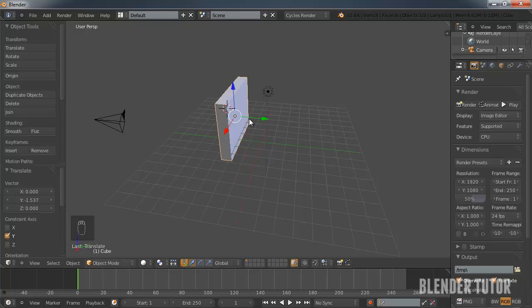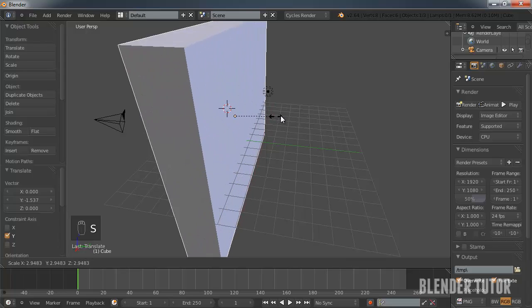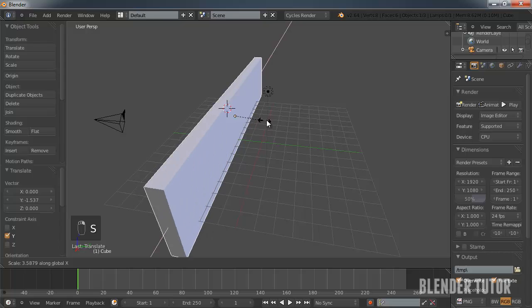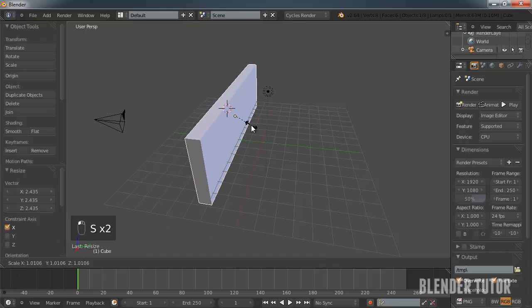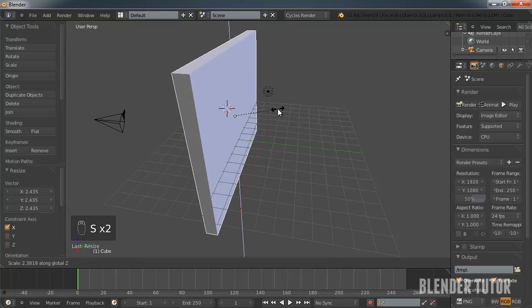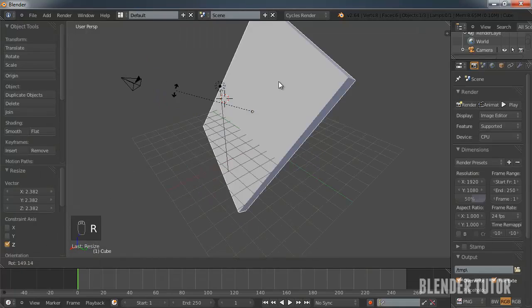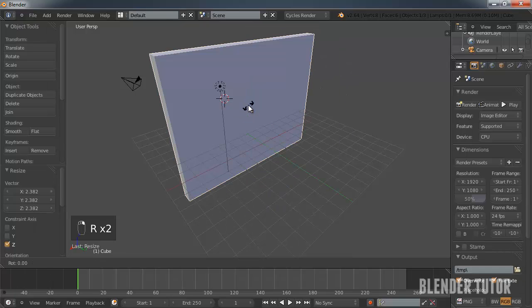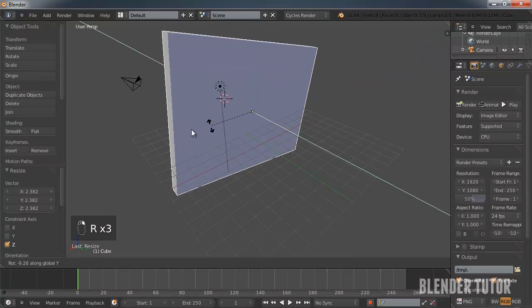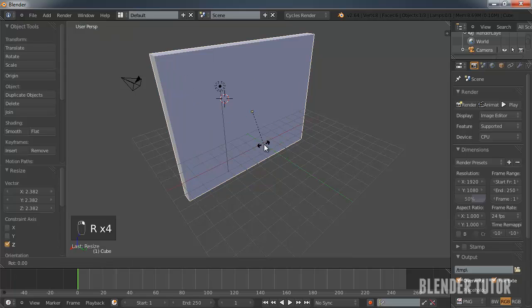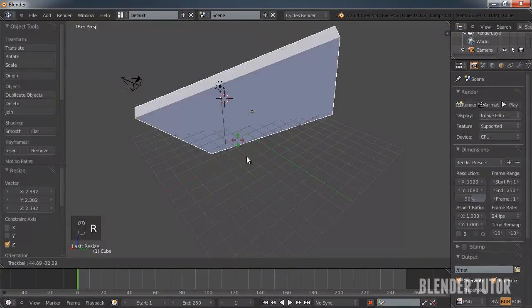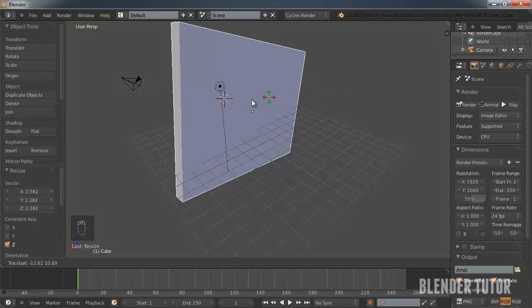And the same goes for scaling. If I want to scale, I could just hit S and it'll scale everything, or I could choose which axis I'm going to scale along. So that is nice. And once again, rotate will be R. So just free rotate, R X, R Y, R Z. And then actually if you hit R twice, it's going to let you do that free rotate maneuver again, which is nice and helpful.